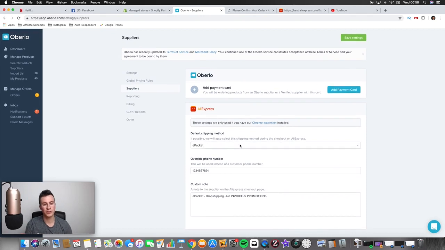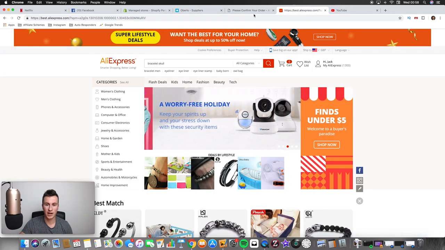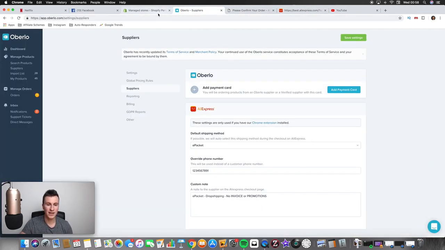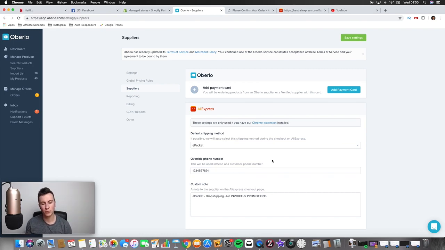So you want to make sure you choose a default shipping method. Obviously put that to ePacket. If we go back to our cart page, you can clearly see it changes it to ePacket automatically. And you can also override the phone number as well. I put my own personal number in there just because if there's a problem with delivery, then I need to know about it, not the customer necessarily. I can always let the customer know if they need to know. But again, I've just put that to a blank one, so I don't want to be giving out my phone number, obviously. And then the custom note, whatever you put in that box will be in the note box on